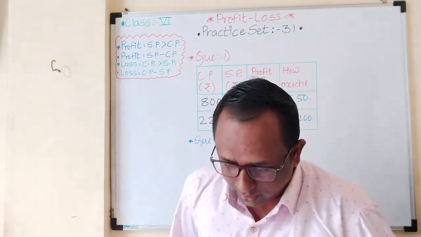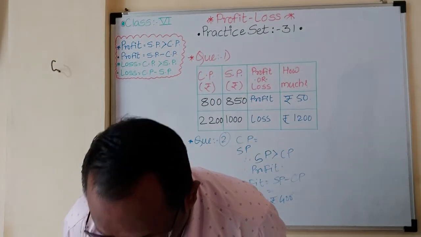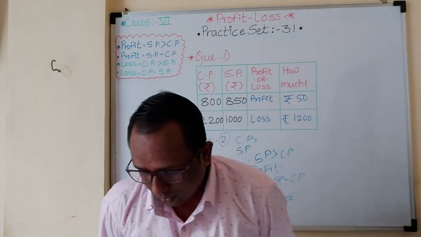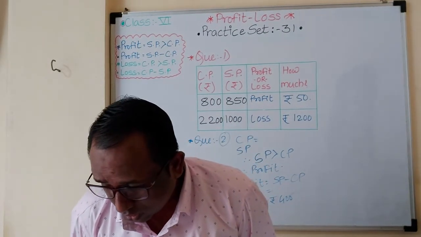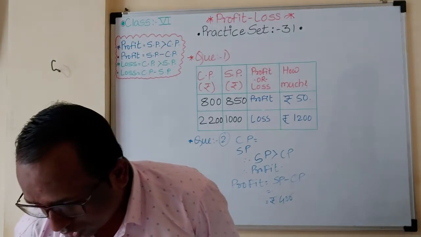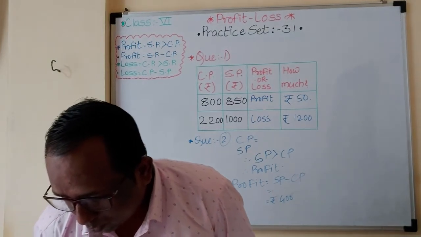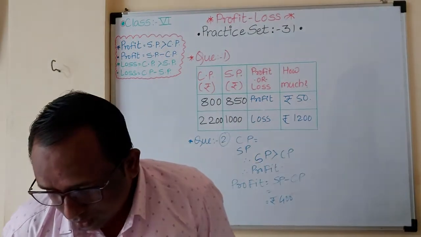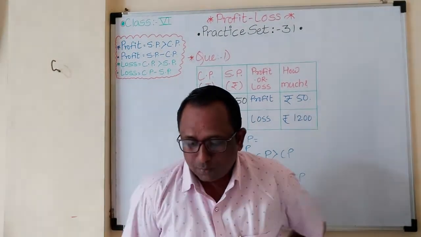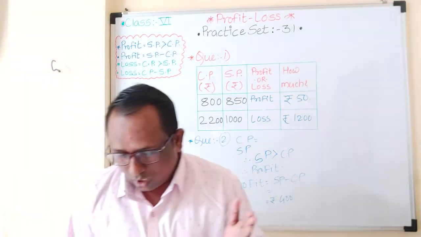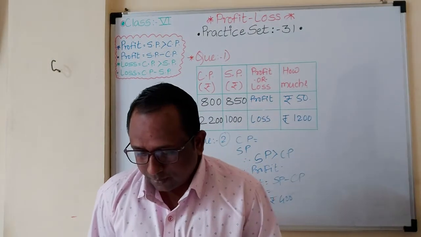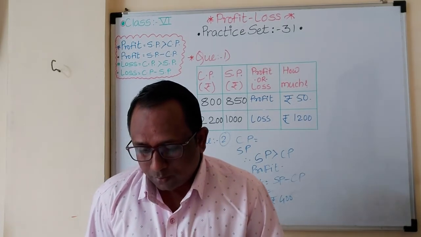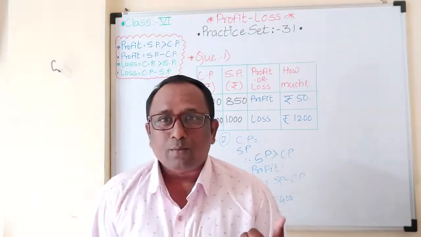Okay, now the third example. Sunanda Bai bought milk for rupees 475. She converted it into yogurt and sold it for rupees 700. How much profit did she make? So cost price rupees 475, selling price rupees 700. So here obviously it's profit, and it is actually mentioned as profit.